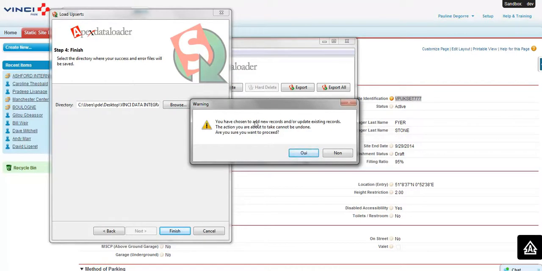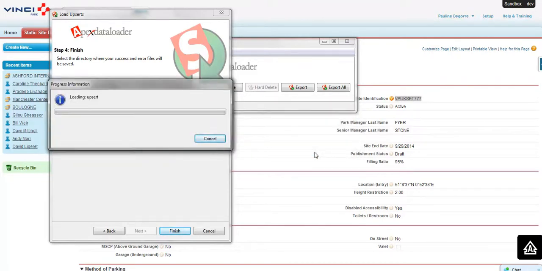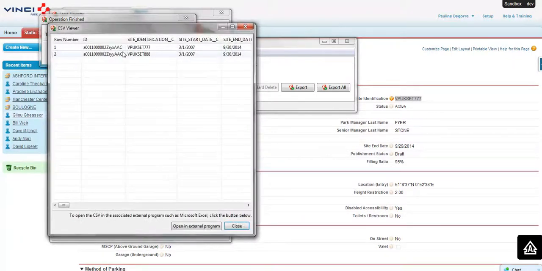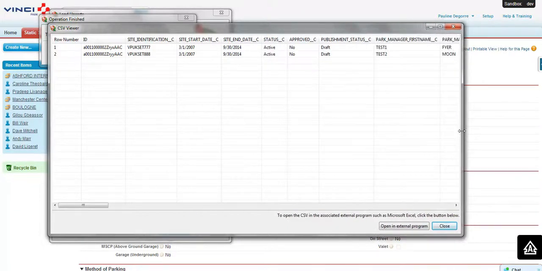You have chosen to add new record and or update existing record. That's fine. So I click on yes. So the upsert is actually ongoing and I have 2 successful upserts. I can see my success. Okay, so I have my 2 park records and I can see that normally the park manager first name has changed.